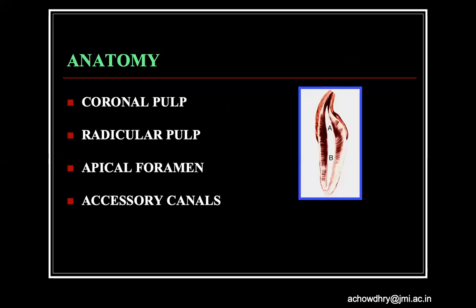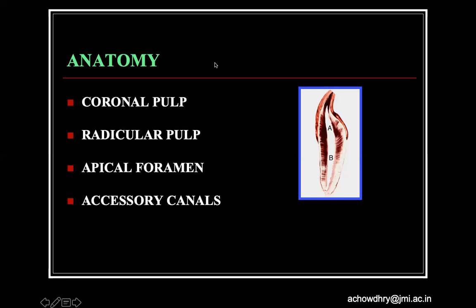Now, pulp has a certain volume. I'll be telling you, in permanent teeth, the pulp organ volume is 0.38 cc, and the mean volume of a single adult pulp is around 0.02 cc. So you have to keep in mind for viva purposes also. Now, this is the anatomy: coronal part, radicular part, apical part,